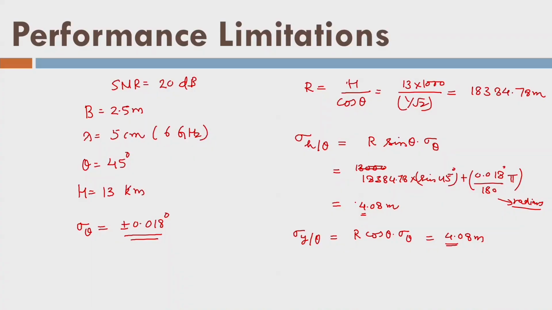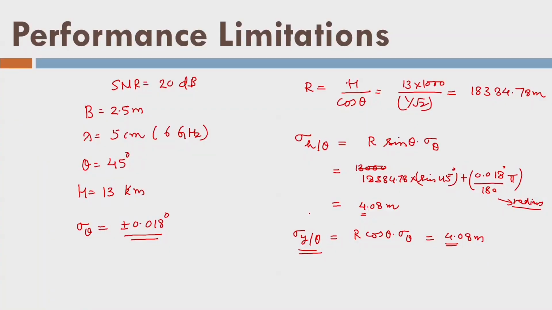Where is this accuracy useful? Now imagine there are some global phenomena. For example, a landslide has occurred, and there was such a severe landslide that a few meters of land has passed. Now if I use this data, which is 4 meter accurate in height measurement, and the height measurement is say 20 meters, so this 4 meter accuracy is good enough for that purpose. Or imagine something, a building has been demolished completely which is of 100 meter height. Now if I use the 4 meter data, that's absolutely fine. We should know about what are the realistic aspects of resolution here. So this is some idea about the performance limitation.